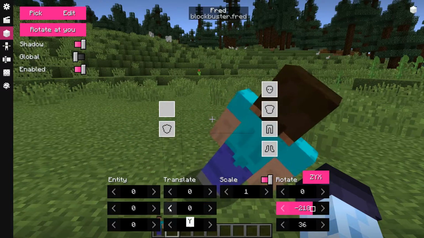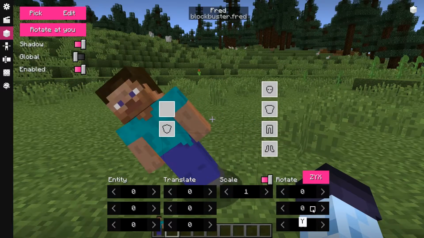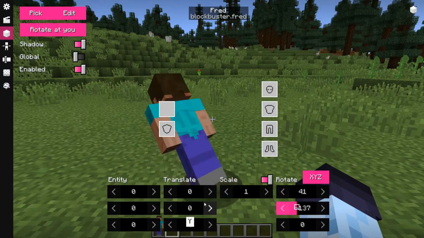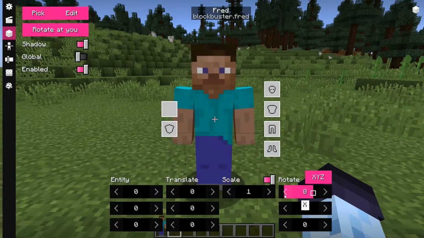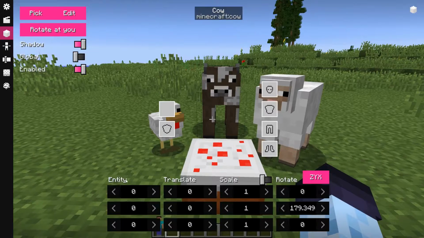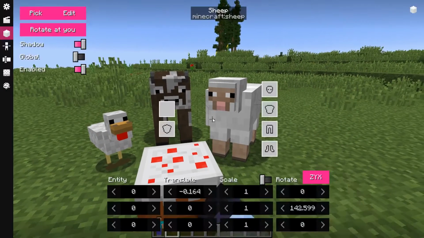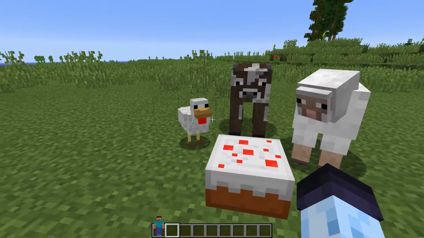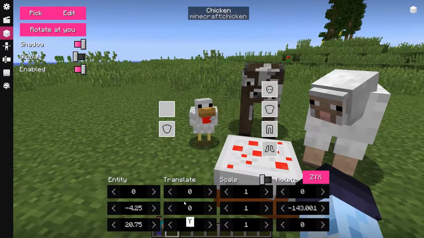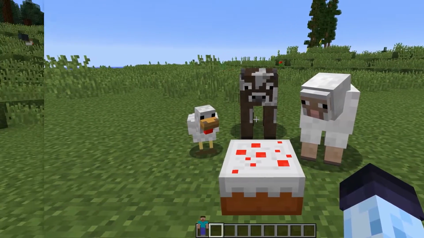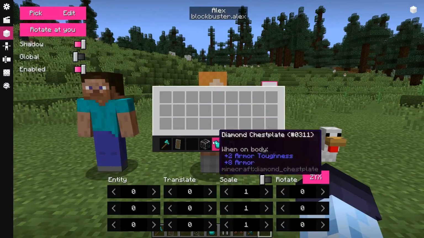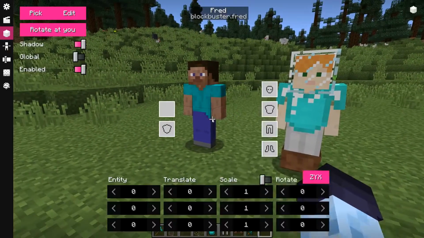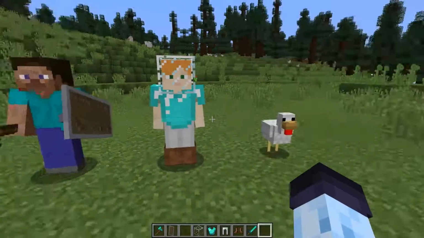But know this, use ZYX when you want to rotate the morph like this, and use XYZ when you want to rotate like this, or just experiment. And entity fields allow you to rotate the head of the morph vertically and horizontally, and the body horizontally. This is useful when you want to pose the head of a morph, but the morph doesn't have a pose editor. The slots in the center allow you to equip items, but they will display only if the morph supports held and/or armor slots. This is pretty straightforward.